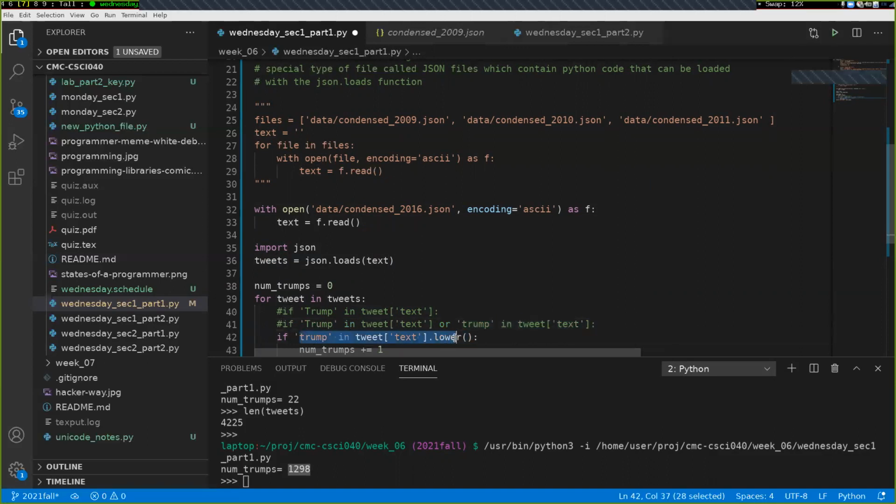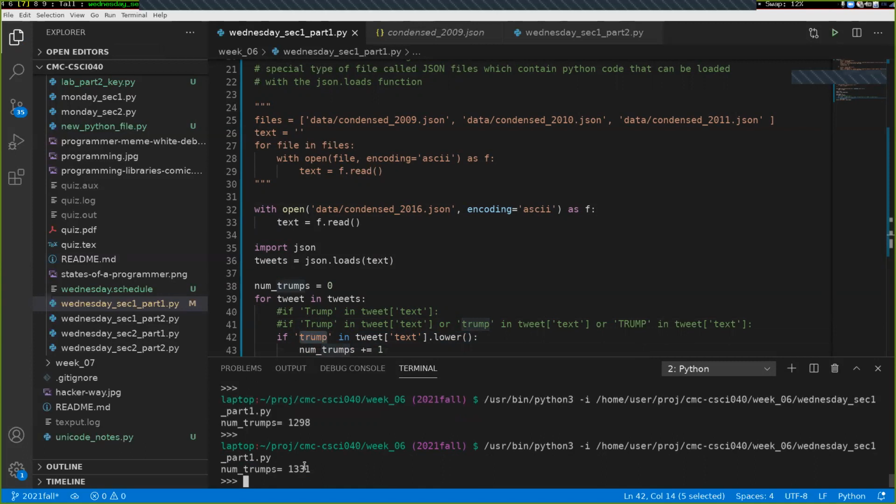This is a little bit more general because this will check all the possible capitalizations. It'll convert all capitalizations into the lowercase, so it'll also work for something like Trump in tweet at text. This is the pattern that you'll want to follow for checking whether somebody mentions words in Twitter, because no matter what sort of capitalization they use, it'll see if it's in there. So let's rerun this again, and we can see that with all the possible forms of capitalization, there's